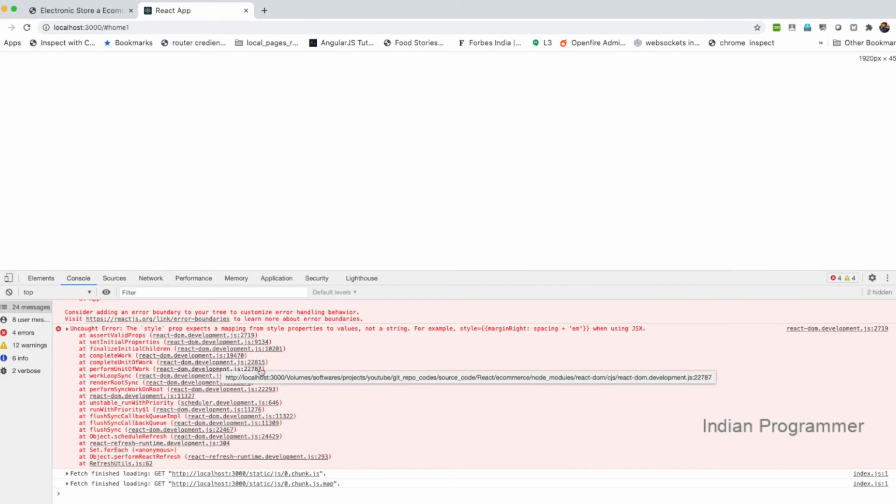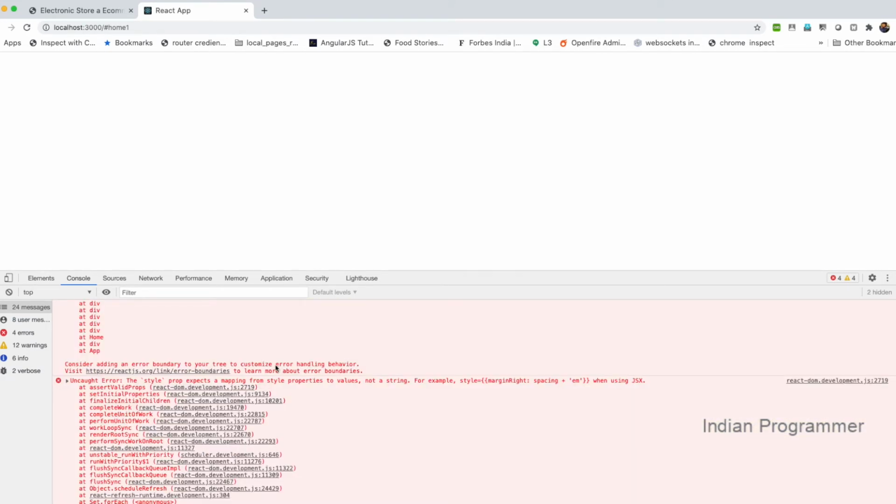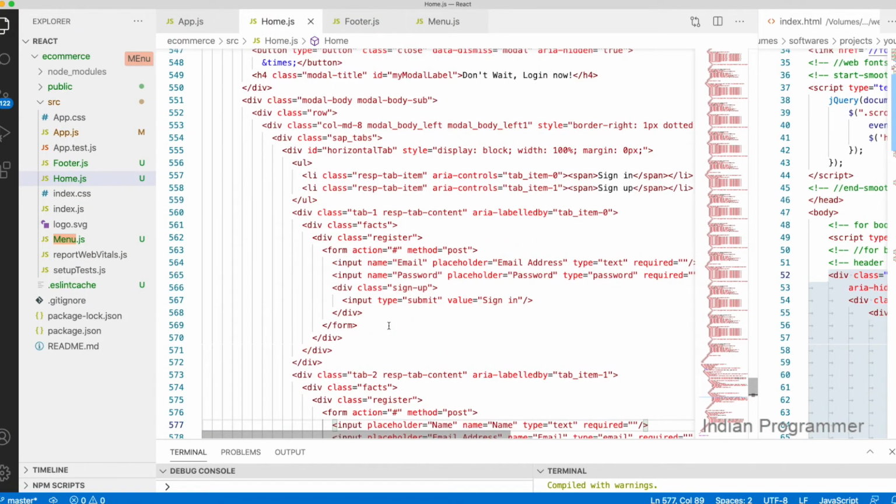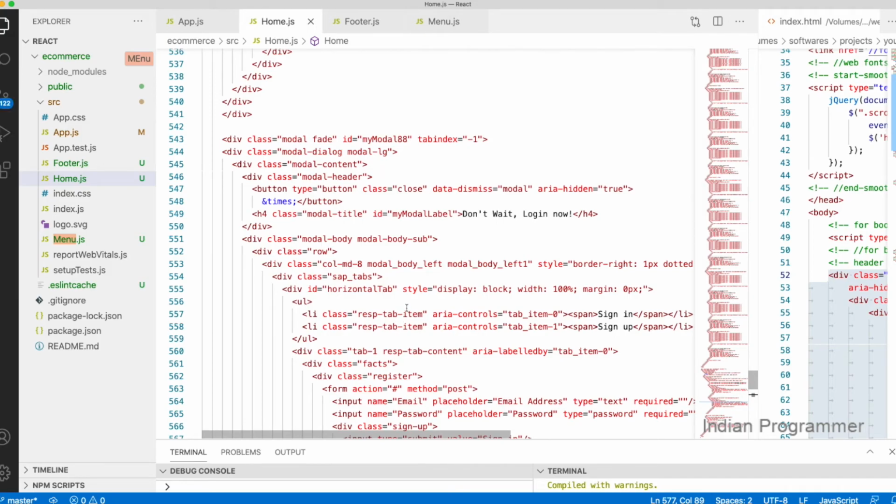Some error came. What is the error? I think they have added some inline styles. Let's see where the inline is. Yeah, here is the inline that I'm removing now.